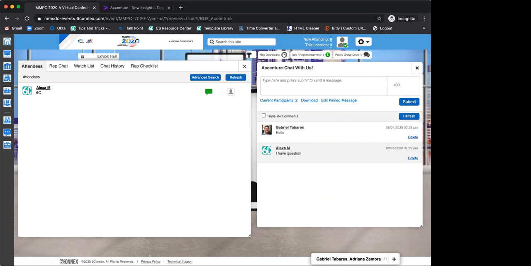Yes. Okay. I have here another question around how they will locate. If you want to send emails to your customers on how to locate your booth, just let them know when they get into the event, they're going to be in the lobby. They can then click on the icon for the exhibit hall, find your booth, and just click on it. Okay. That is a way that you can do that.